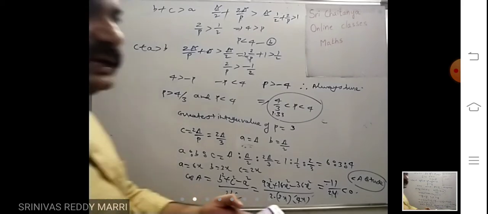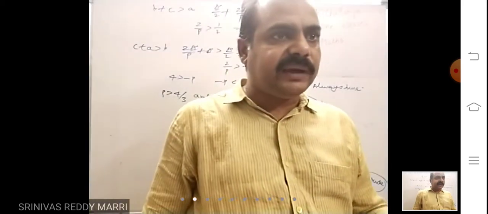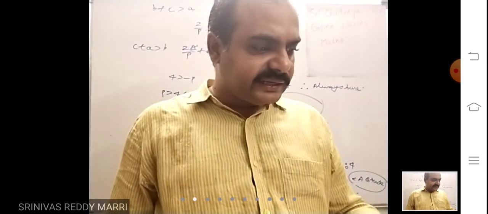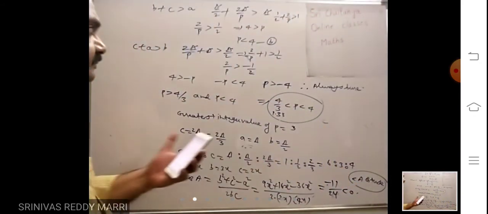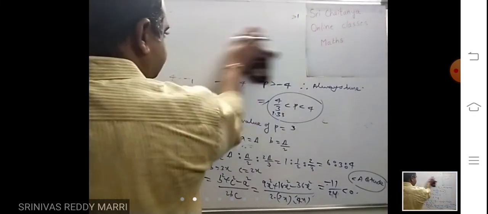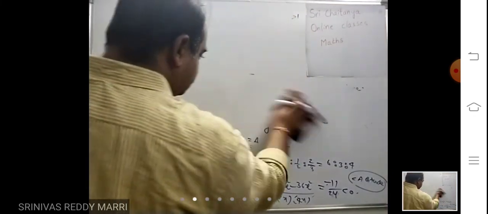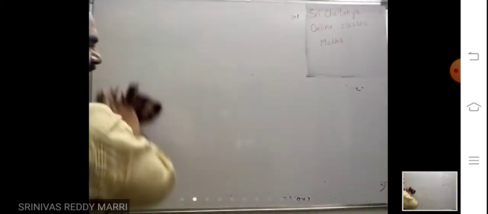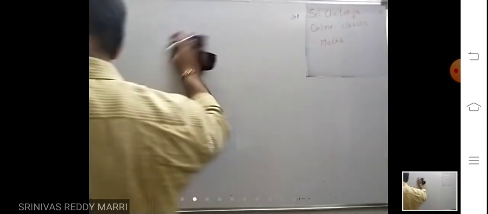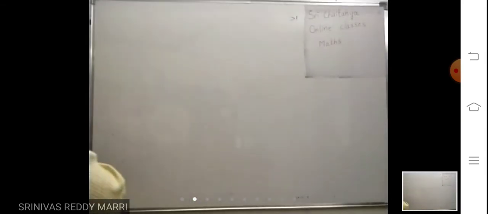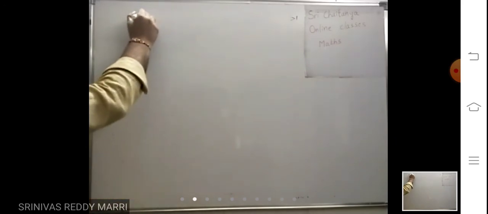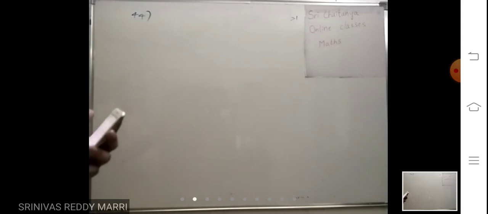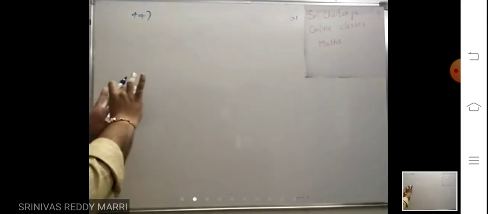So next problem, 43. In the previous advanced exam it is given. I have already discussed this angular bisector problem. After the previous exam, before a week, I discussed the same problem, which was given in advanced. So look at 44. Look at the 44 problem. Study the problem, all of you.